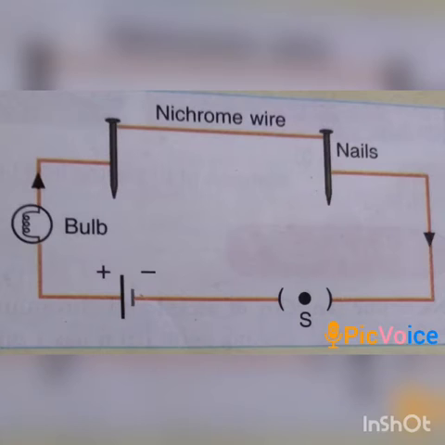It follows that a flow of current can produce heat. It shows that if there is a flow of current in any device, then there is production of heat, and this is known as the heating effect of electric current. And it was discovered by the scientist Joule. That's why it is also known as Joule's heating effect of electric current.